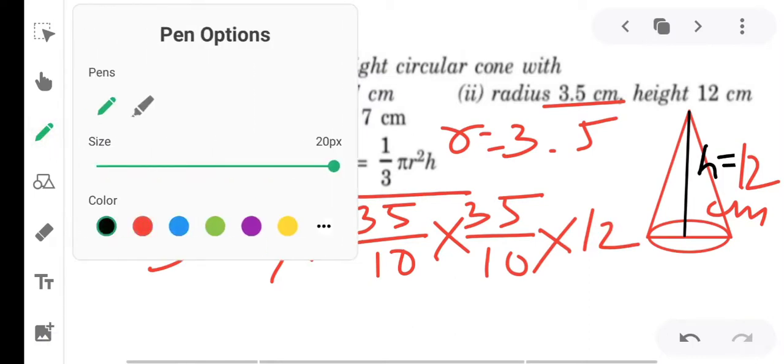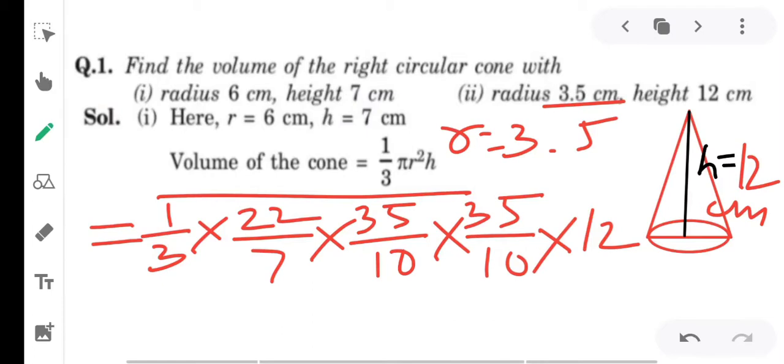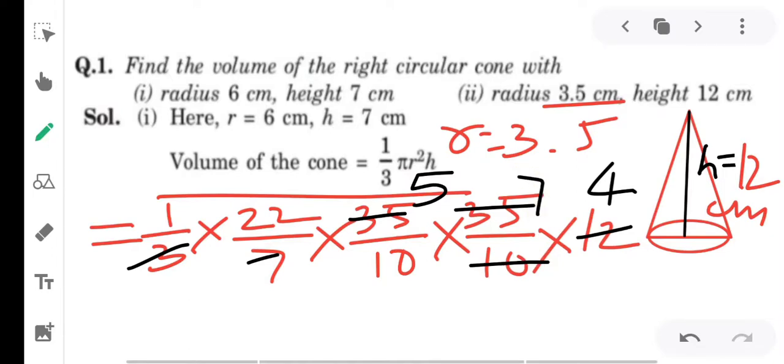Now we have to divide the values. So we can see that 3 can cancel the 12 4 times, and 7 can cancel the 35 कितना टाइम करेगा यहाँ पर 5 टाइम. तो 5 7 जा 35 होता है, and here again we can cancel out the 35 and 10 by the 5. 5 7 जा 35 and 5 2 जा 10, and here again you can see that 2 can cancel out the 22 by the 11 times. And here the 4 2 जा, and 4 5 जा.